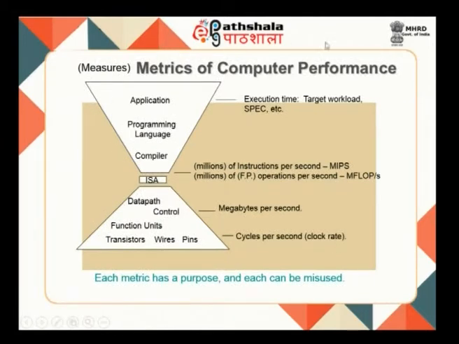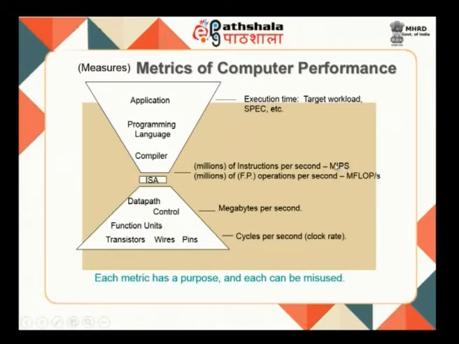So, finally, looking at all the metrics of computer performance, you can look at various metrics. For example, when you are looking at the functional units or transistors, wires and pins, you can talk in terms of cycles per second or the clock rate. When you go to the data path control, where you have data getting transferred, you can talk about the transfer rate in terms of megabytes per second. And at the interface between the hardware and the software, we have your ISA. So, you can talk about millions of instructions per second with a MIPS rating,